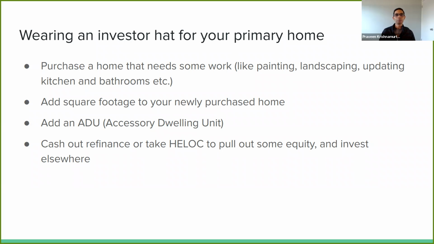By buying a fully finished, ready to move in home, you're paying for the work that's already been done. But if you're willing to do it yourself, then you can save some money and add value to your purchase. Another way you can add value to your purchase is by adding square footage to your home. Square footage is one of the strong factors in pricing of a home. So anytime you add square footage, like adding an extra room, you're adding a significant amount of value. That really enhances the value.